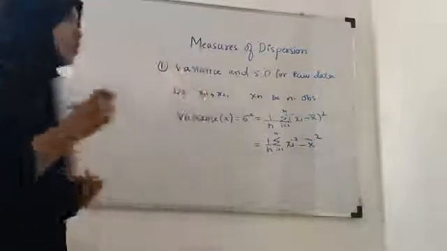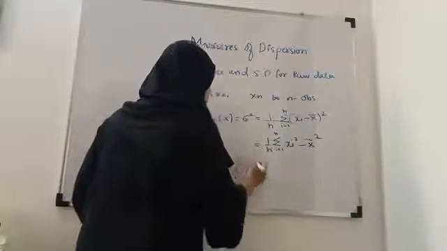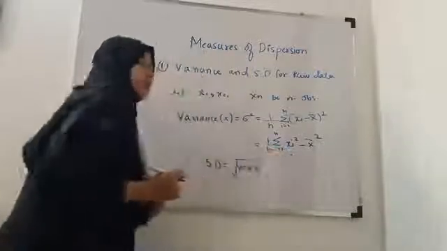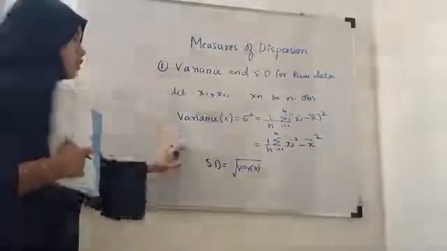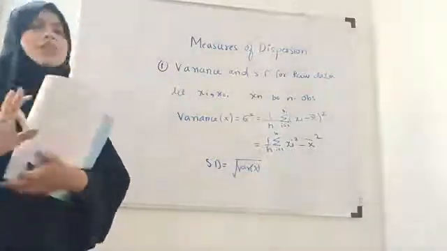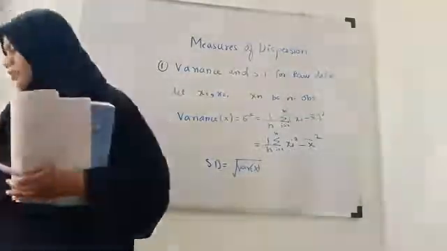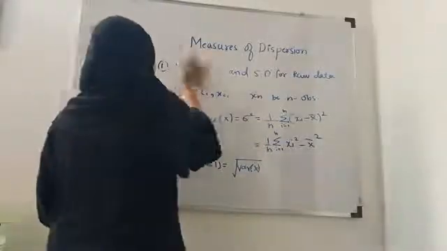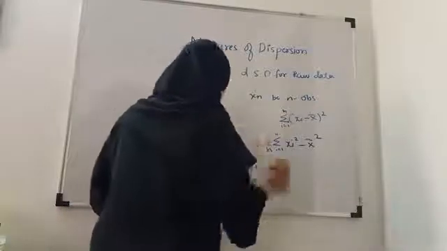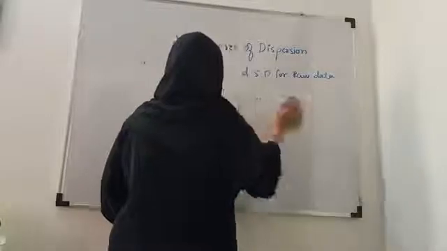So this is the formula for the variance, and SD will be positive square root of variance of x. So if you take a positive square root of variance, you will get the SD. So these are the two formulas for the variance and SD for the raw data. Okay, raw data means without frequency. Now we will see the second type of data, which is a frequency distribution, means together with observation the frequency will be there. So we will see what is the formula for the variance in that type of data.